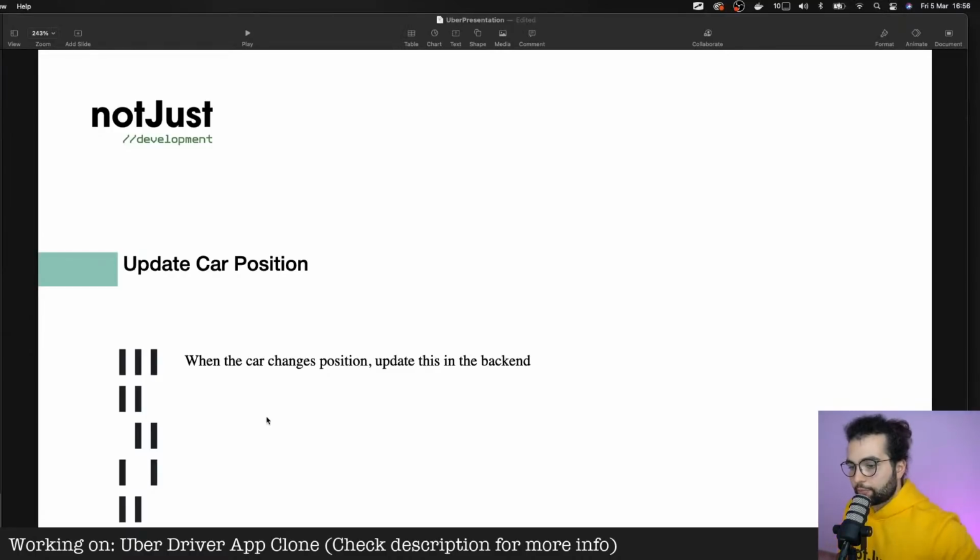Okay, the next step will be when the car changes position, we should update this in the backend.